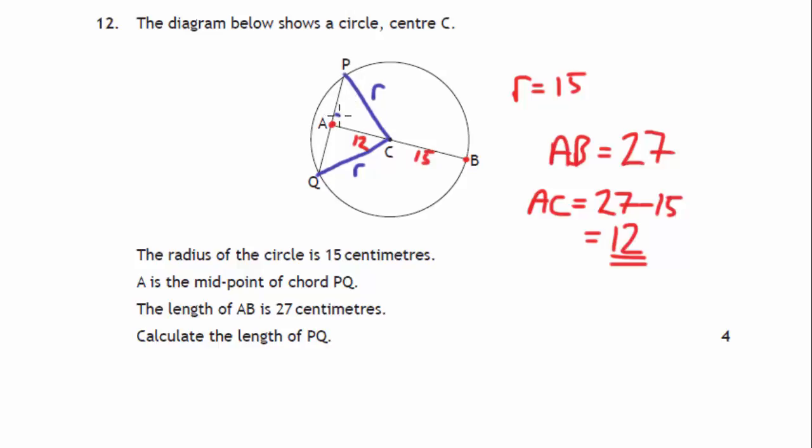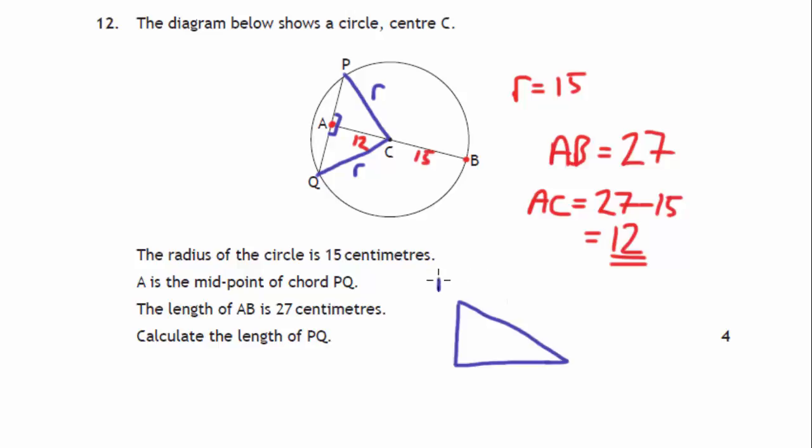Now another property is that the radius meets the tangent at right angles, or sorry, not the tangent, the chord that cuts through. Okay, so tangent, remember, that's when it just touches the edge of the circle, right? So that's wrong terminology there. But essentially what we've got here is a right angled triangle,